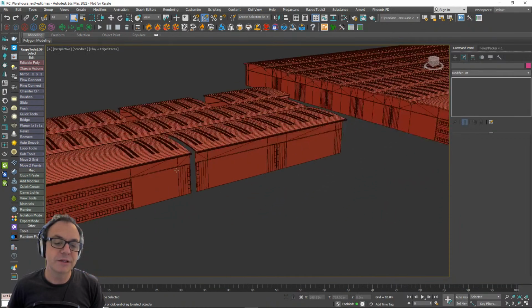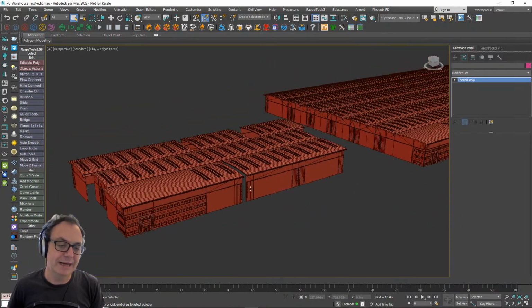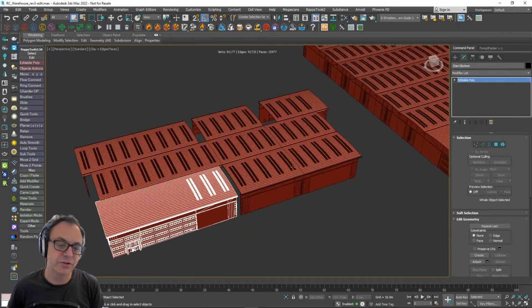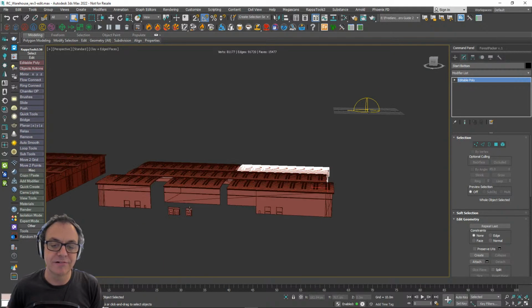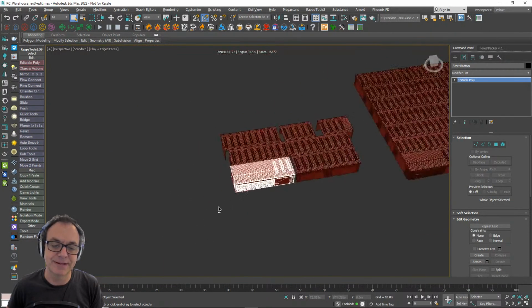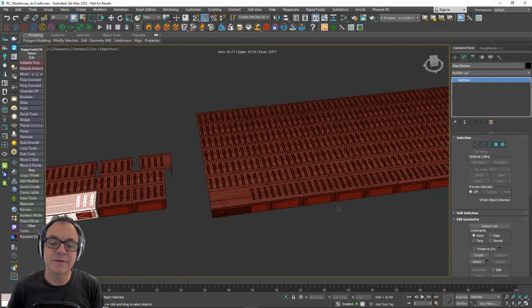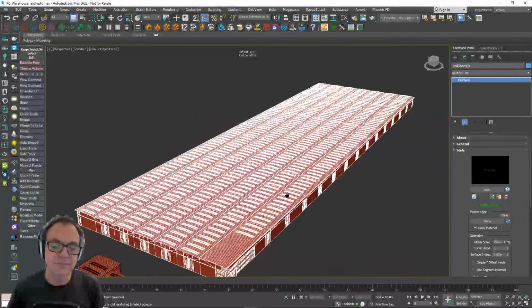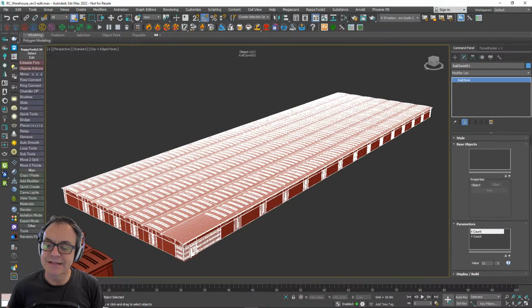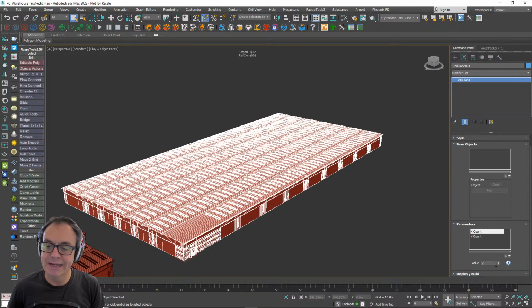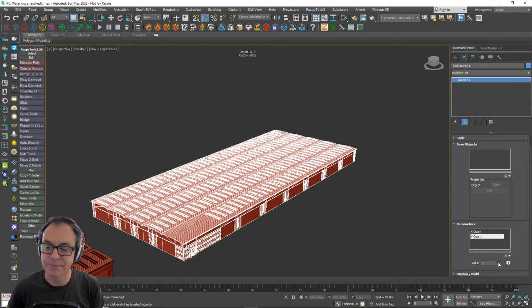So these are the pieces of the model. You can see it's a fully formed warehouse. It's just in multiple pieces. So we've got corners, top, bottom, left and right. We've got the sides and middle sections, and then we've got separately at the back the lorry bays. They're a separate piece because it just fits together better that way. And this was the final style here, and you can see the scale of it. But like I say, it's set using X count and Y count, so I can easily change the number of warehouse modules using these parameters to change the size of this particular building.